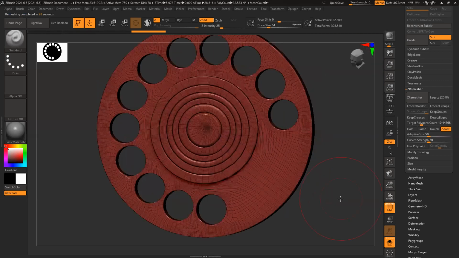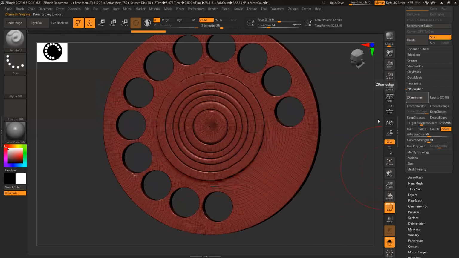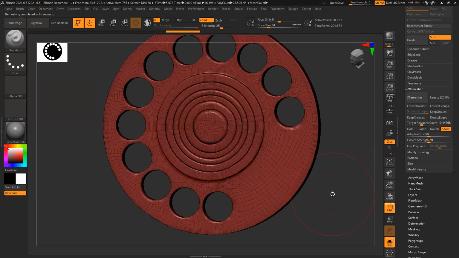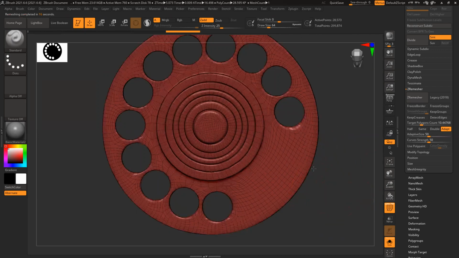That is something I can fix if I click remesh one more time. It will redistribute the polygons again. You can see much cleaner.